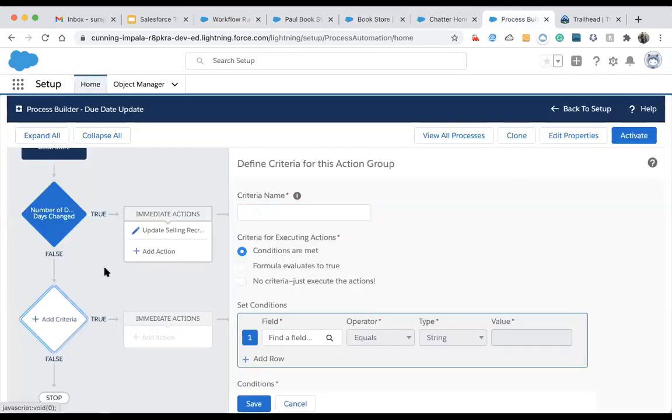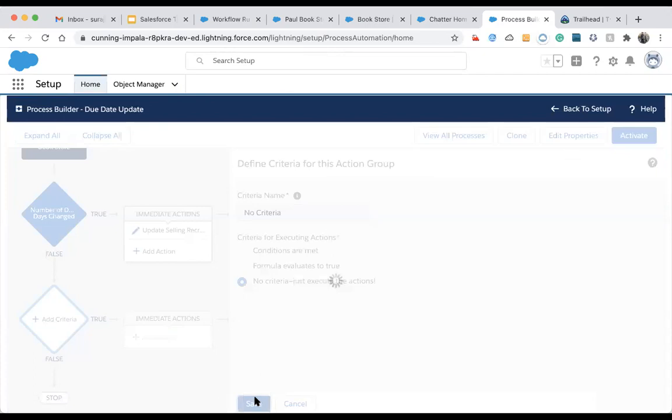Let me add some example. No criteria, no criteria. Save it.